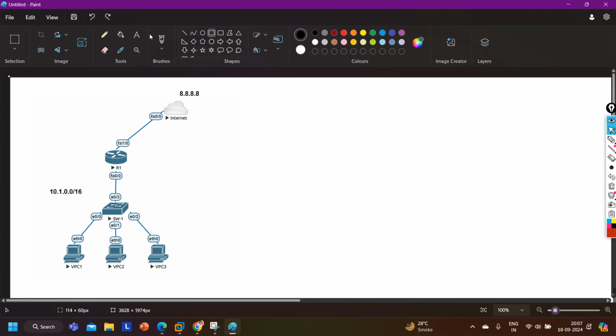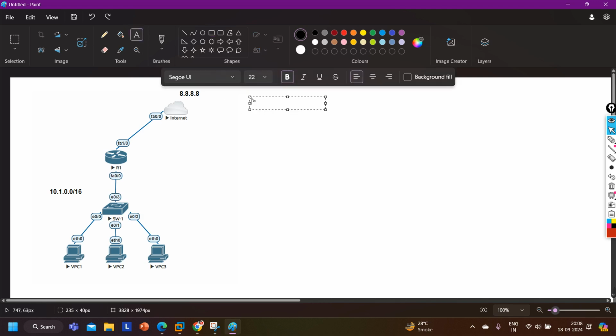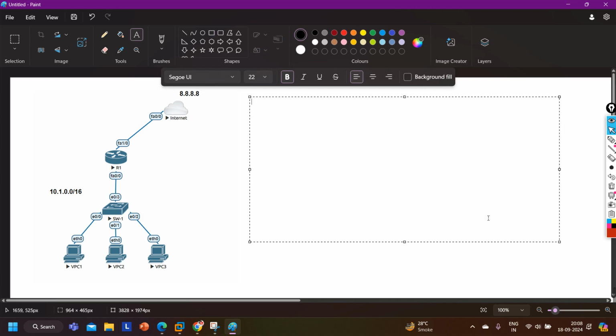So we came up with NAT, network address translation, to reduce the shortage of IPv4 addresses, right? So we divide IPv4 addresses into two parts, private and public. So what is the difference between private and public?